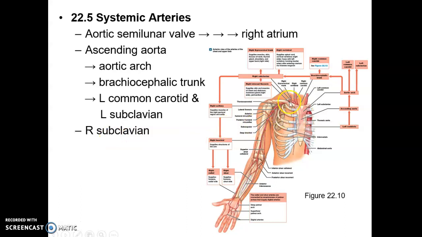Then the right subclavian, as we see here, branches off of the brachiocephalic trunk. We'll continue with the subclavian, sorry. So again, ascending aorta, aortic arch, brachiocephalic trunk, right subclavian artery, there's the clavicle, and then it transitions to the right axillary artery, relatively short, but remember there's the axilla, the armpit area, and then that drops into the brachium, so right brachial artery,